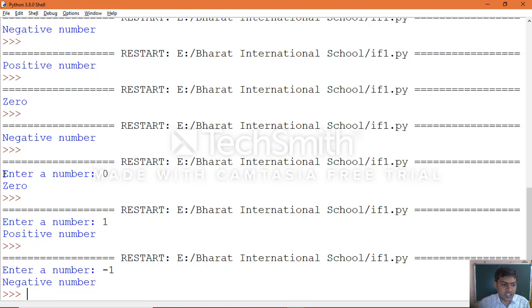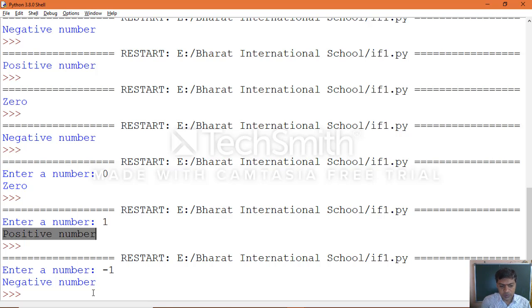First time we gave 0, both the conditions became true, followed by the statement being executed. Second time we gave 1, that is greater than 0, and the inner condition becomes false, and the else part of the inner condition got displayed as output. And for the third type of input, a negative number, the first condition itself becomes false, so it goes to that if condition's else part, where we specified the statement negative number.